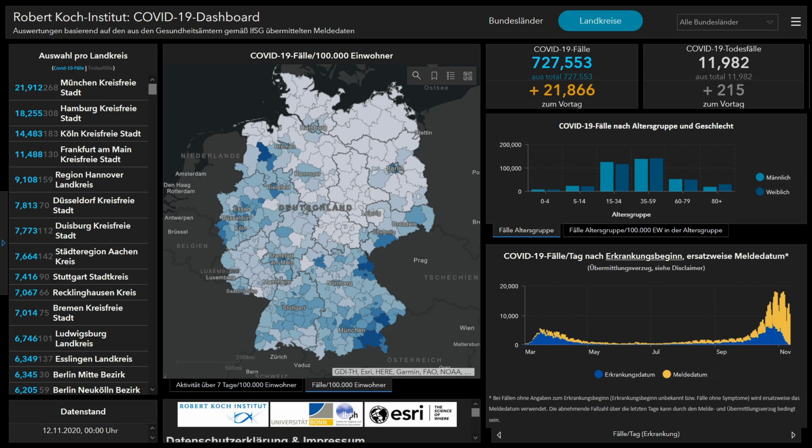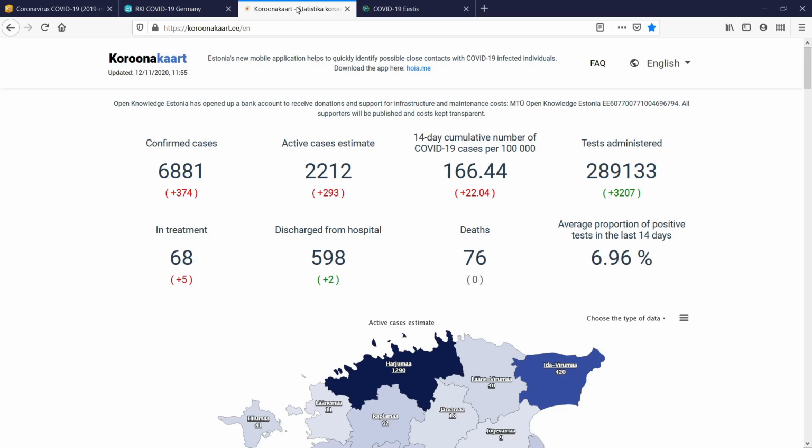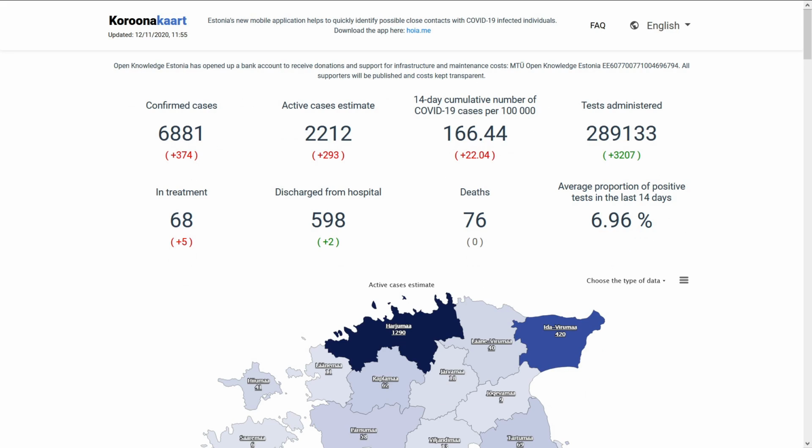During a hackathon in March, a team around the Open Knowledge Foundation in Estonia came up with a dashboard to track the situation in Estonia. It is called coronacard.ee. At that time, the official bodies in Estonia were lacking the resources to share the local spread of the virus in an open, accessible format. One main endeavor of the team was to not only visualize the spread, but also make the workflows transparent, thereby encouraging others to contribute to the development of the dashboard and background data processing.